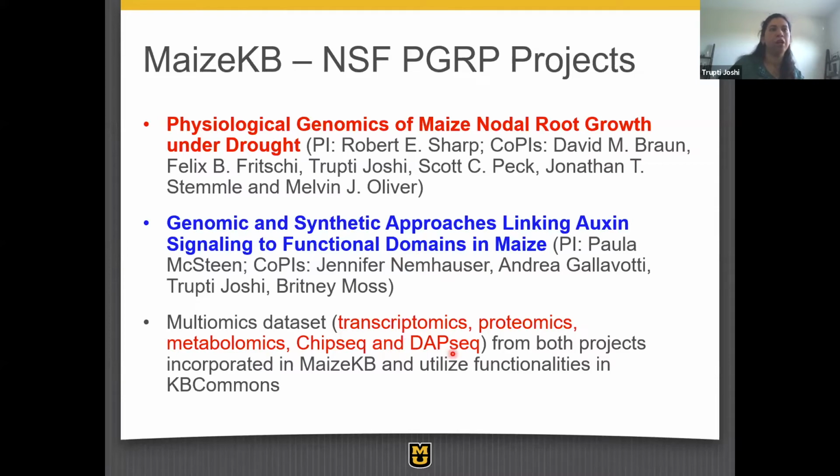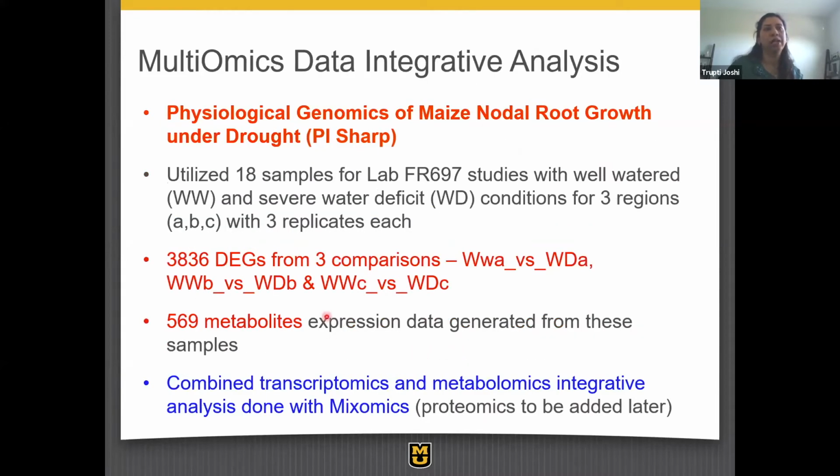The one I'll show in the next two slides is where we had well-watered versus drought conditions for nodal roots split into three zones, A, B, and C, for the line FR697, an inbred line in maize that performs better in terms of nodal root growth compared to the reference B73.